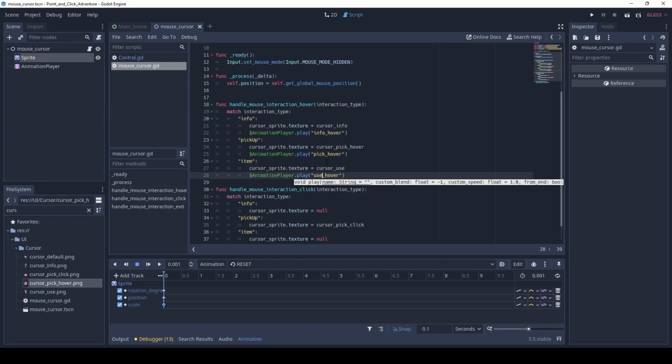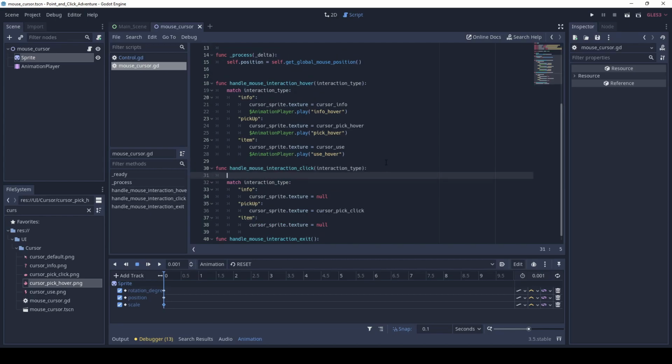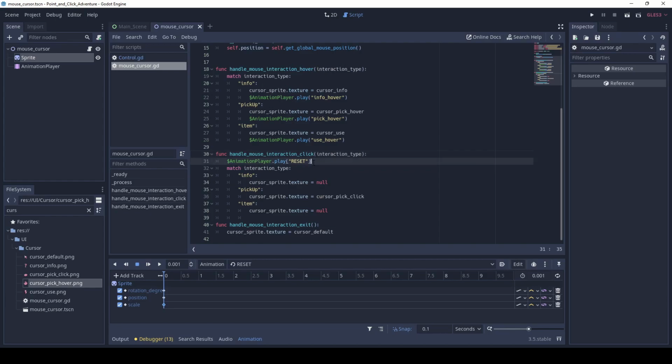Of course, do not forget to reset your animations, and when I'm going to reset my animation is firstly when I exit my hovering. Here I'm going to play the reset animation, so my cursor returns to its original state,